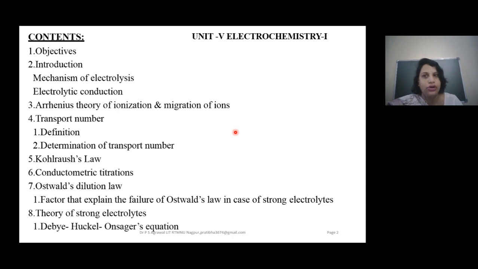In this, we are going to study the mechanism of electrolysis, how the conduction occurs in metal and in electrolyte solution. We will see how it can be measured, Arrhenius theory given for the ionization and the migration of ions, then the transport number, its definition and the determination, Kohlrausch law, its different applications, then the conductometric titrations which are